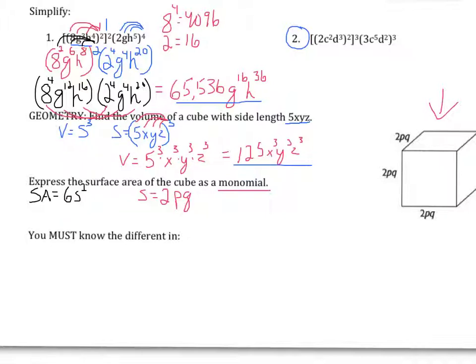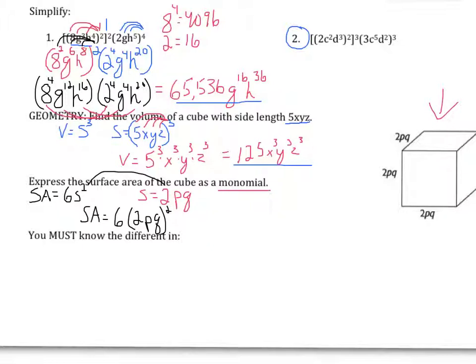So, that's the surface area for a cube, we have to remember. Now there's multiple ways we can find the surface area of a cube, and we can talk more about how I got that formula, or if one of you guys can explain how we got that formula, then I'll see if we can give you some extra credit points in class on Friday. But now all we're going to do here is substitute our side length in for S. So we have the surface area equals 6 times 2pq